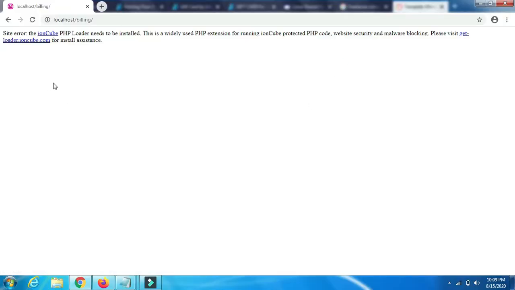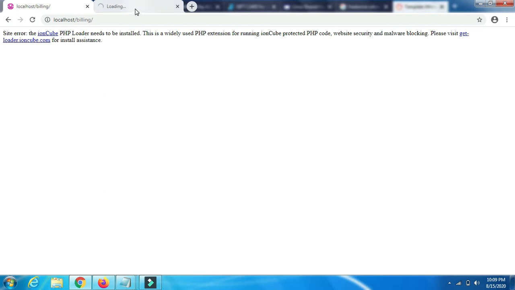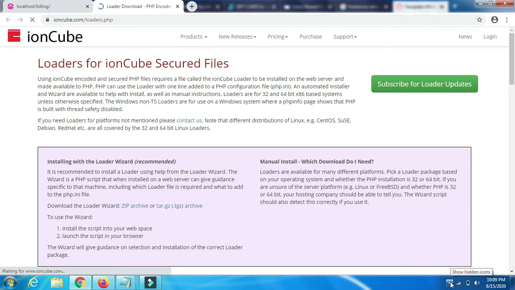So many applications developed in PHP require the IonCube PHP loader. This is one of the applications where it gives us an error message as the package is missing. There is also a URL mentioned in the error message to download the IonCube PHP loader. But if you are not aware, this URL is mentioned in the video description. You can use that to download the package.